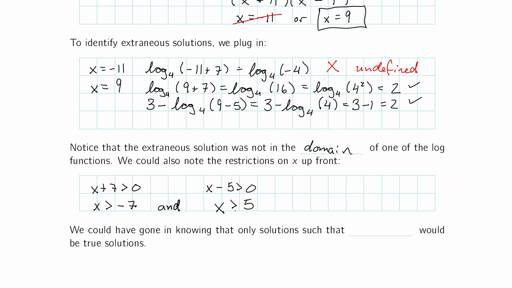But if x is greater than 5, it's for free greater than negative 7. Or we could think in terms of the number line, as we did for compound inequalities in the past. Either way, we could have gone in knowing that only solutions where x is greater than 5 would be true solutions. If we had done that work up front,